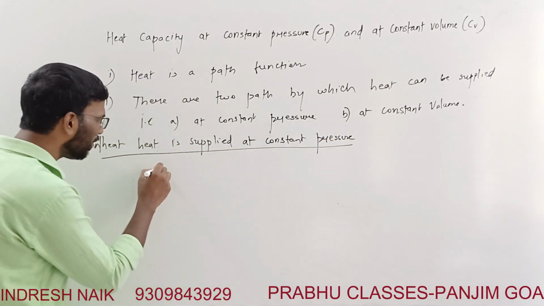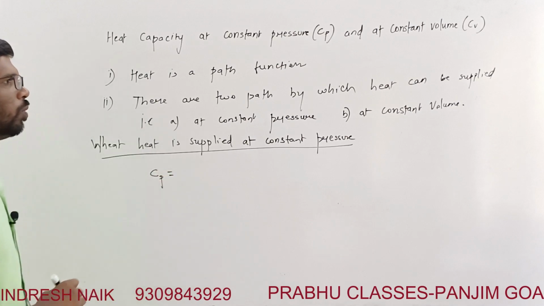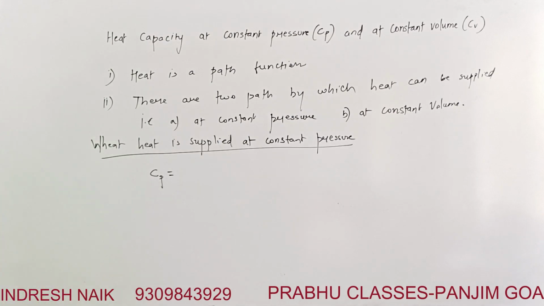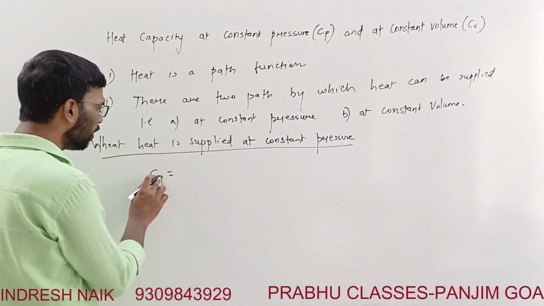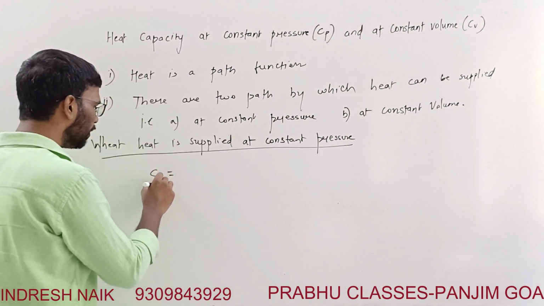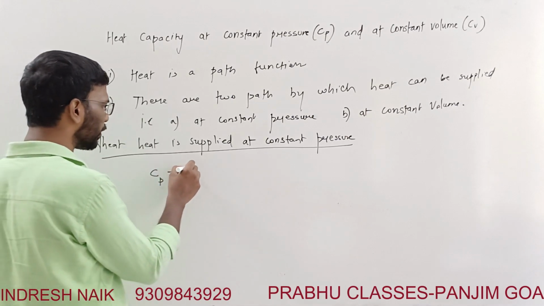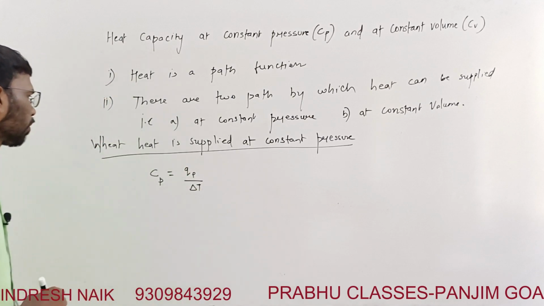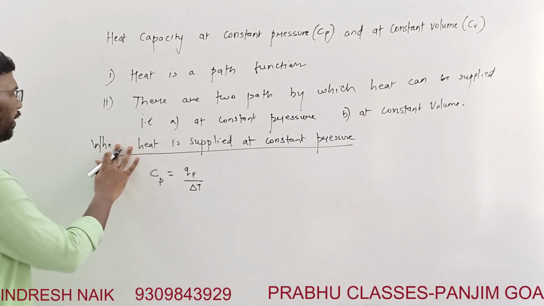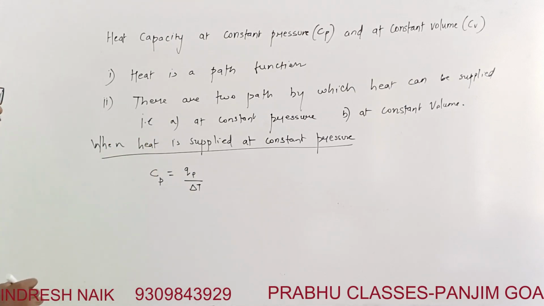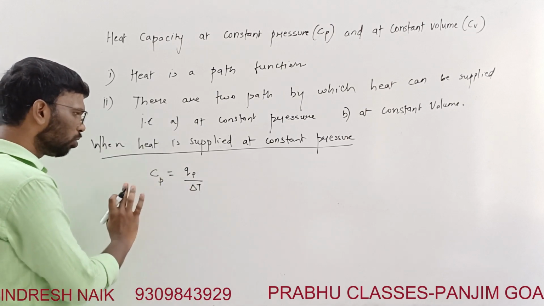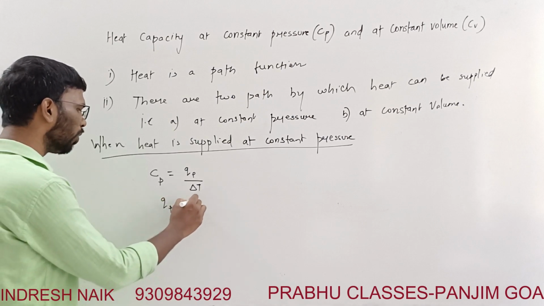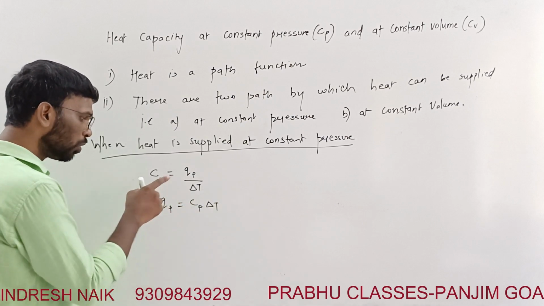So what you are writing is Cp. Okay, we'll consider a molar heat capacity. That is at a constant pressure, right? Cp, heat capacity at a constant pressure. What do you write? This to be Qp, and change in temperature is delta T. What is this? When heat is supplied at a constant pressure, it is written this way, right? So this can take another form. Qp is equal to, I'm just rearranging, delta T. So what is this Qp?